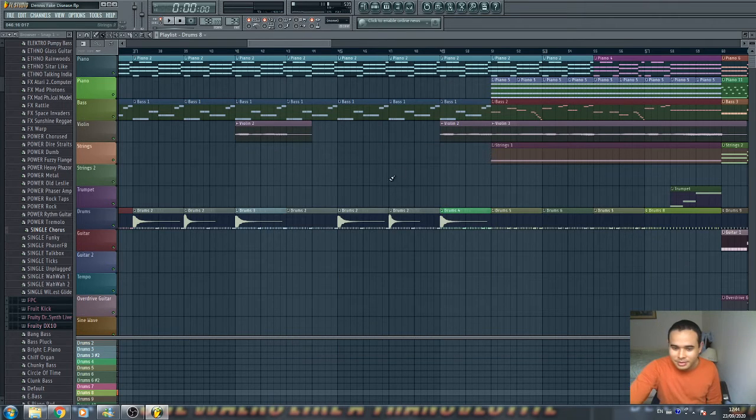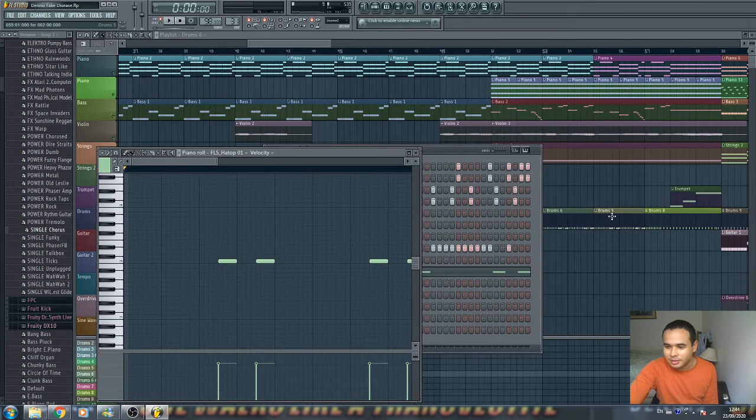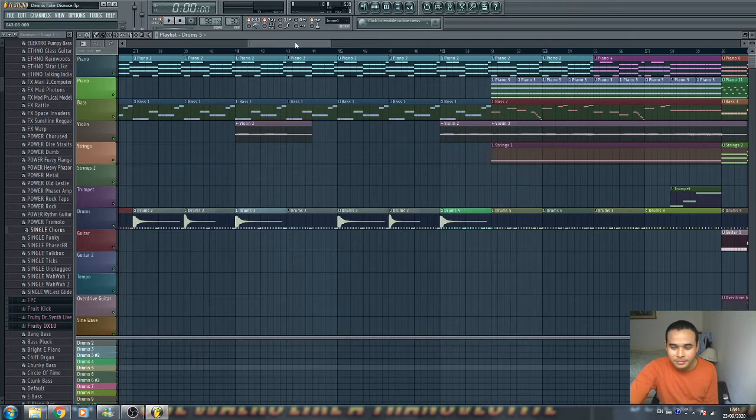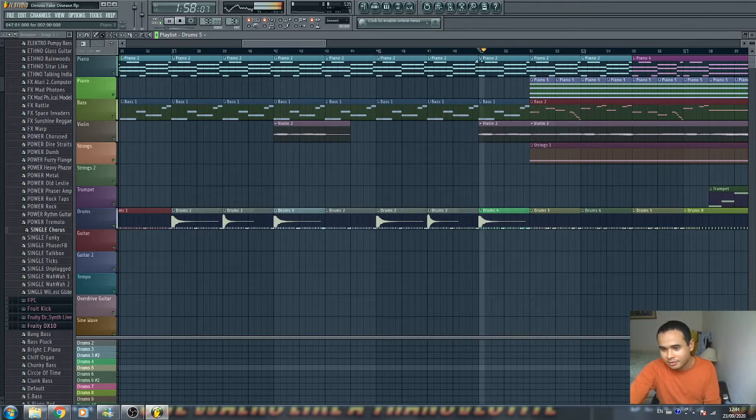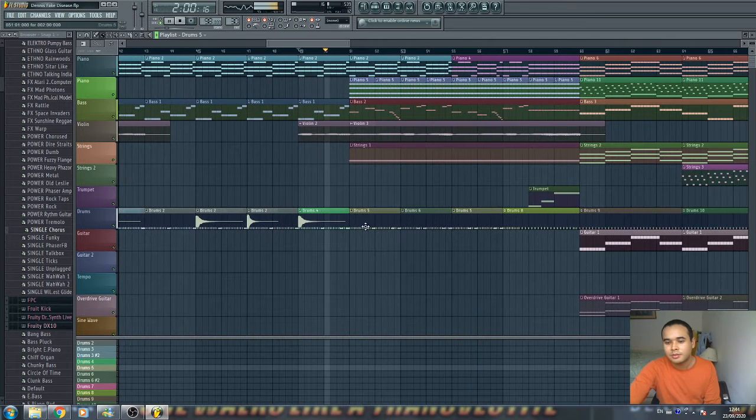These are such subtle differences. Drums 5 is repeated twice here, but drum 6 is in the middle here. There are differences between the two. So when we hear it all together,